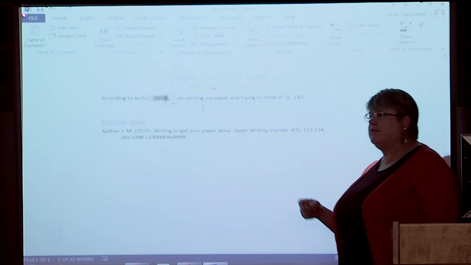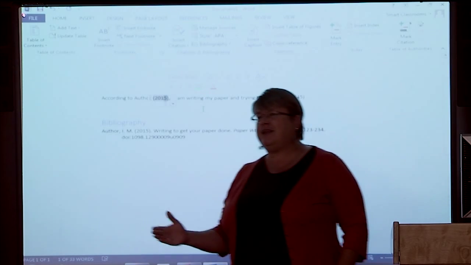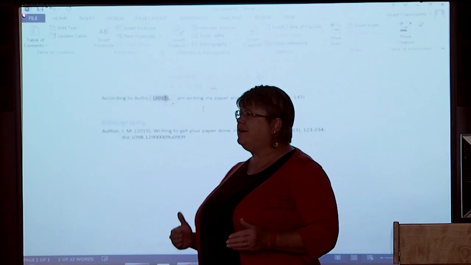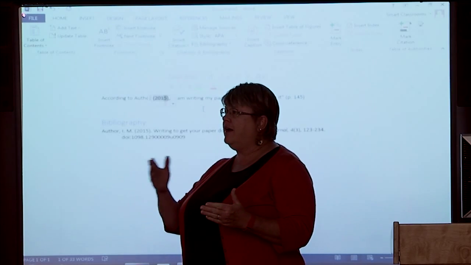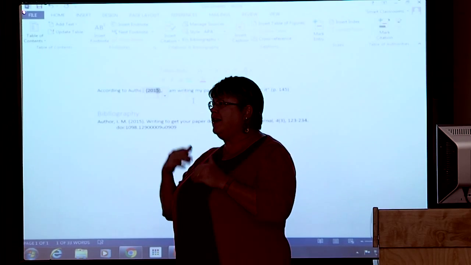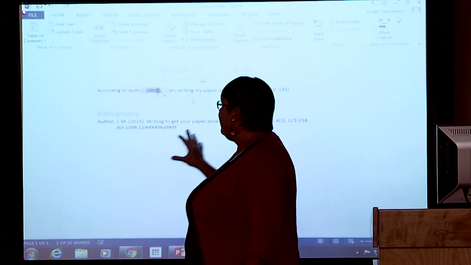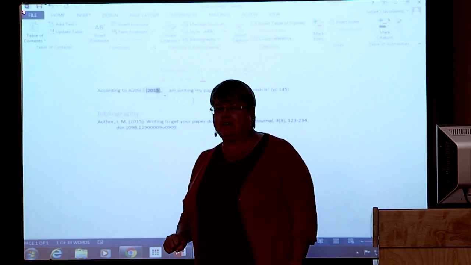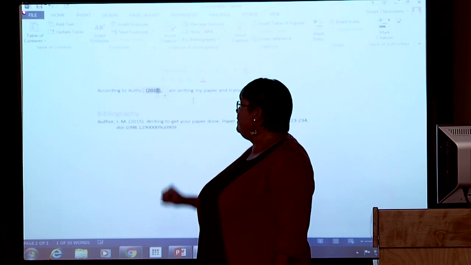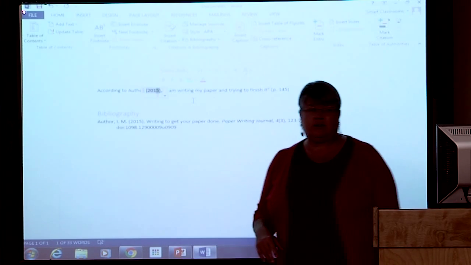But what I've discovered is that it puts it at the end. It doesn't always put it where I want it to be. So if I need them alphabetical, then I usually have to think alphabetically and maybe go back and fix them. And I haven't looked at that to figure out if there's a way for it to automatically fix them. But this is just a kind of a nice tool that you can use.